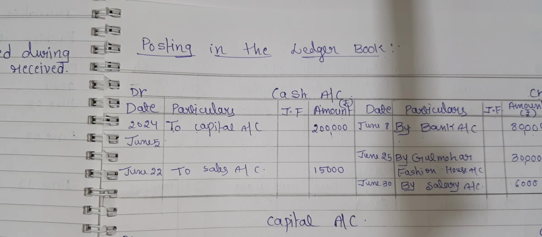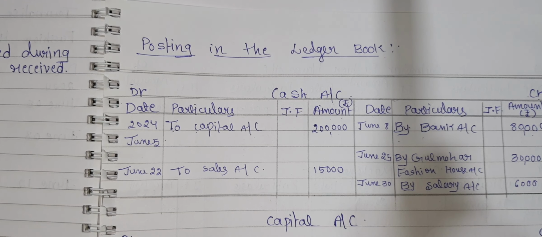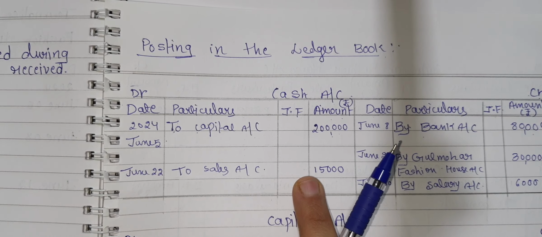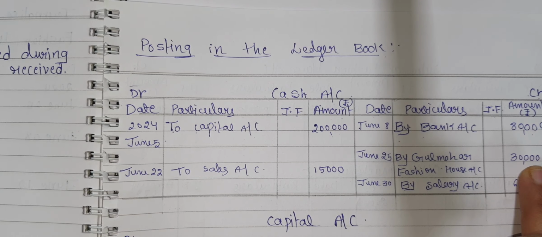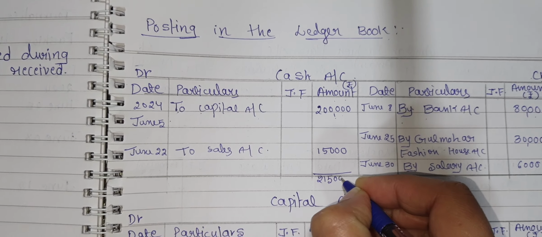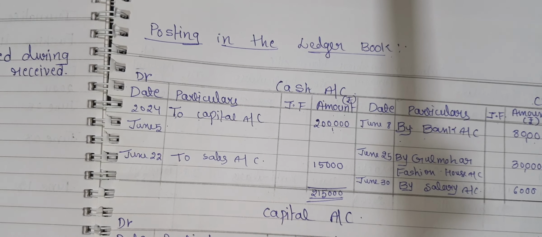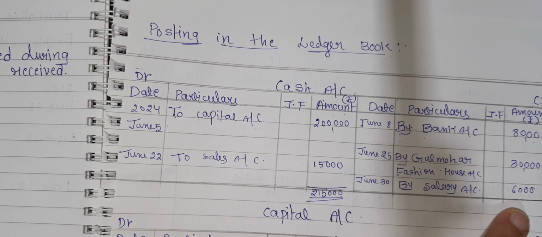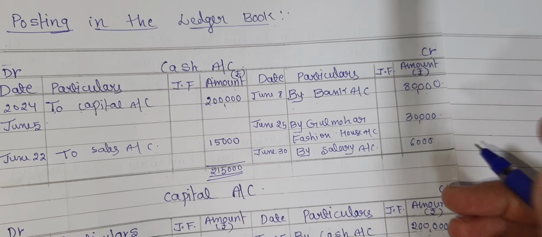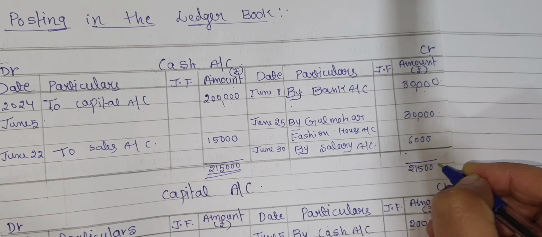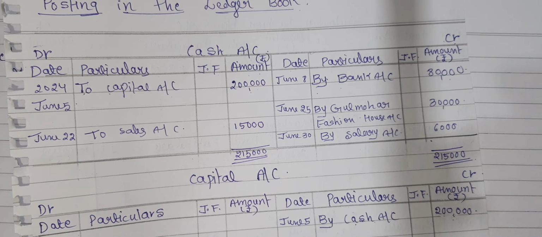See here, in the cash account, the debit side is greater than the credit side. So the debit side total is rupees 2,15,000, and the credit side is rupees 1,16,000. Write down 2,15,000 here also, and here write down